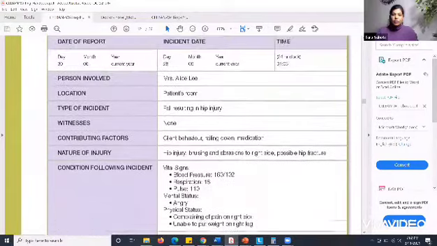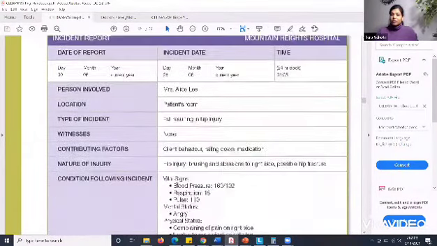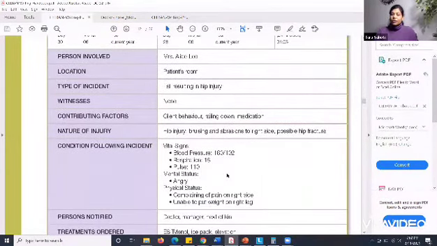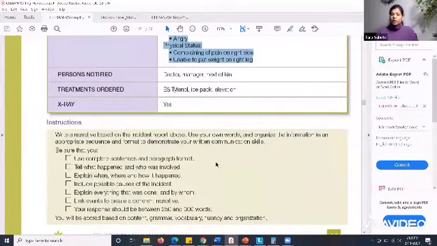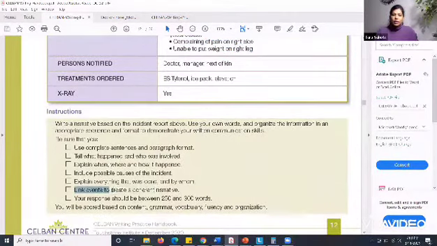See, in the written report, they're giving you everything: time, date, hospital, type of injury that has happened, name of the patient, the contributing factors, what vital signs you have recorded. Every single detail is actually given. You just have to add some creative story to it. That's the only thing you're supposed to do. Of course, you have to be careful with your grammar. You have to be careful that you link your events to create a coherent narration. So that is what is important here.